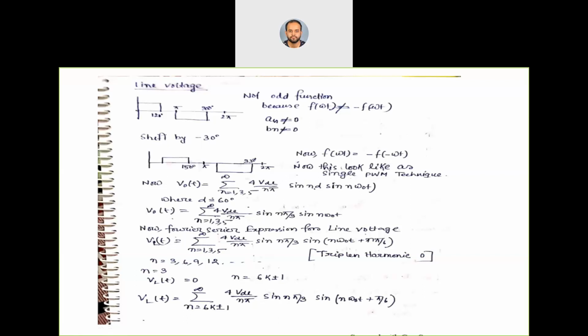So now let's make this function an odd function. How can we make this function an odd function? Let's shift it by minus 30 degrees. So that means it will start from here and it will go up to 150 degrees and it will be going from